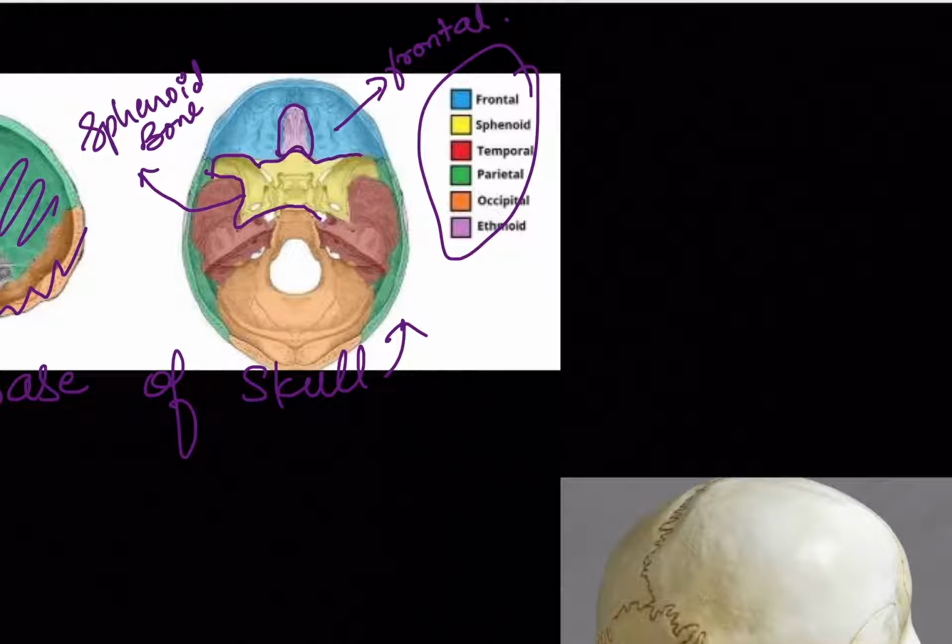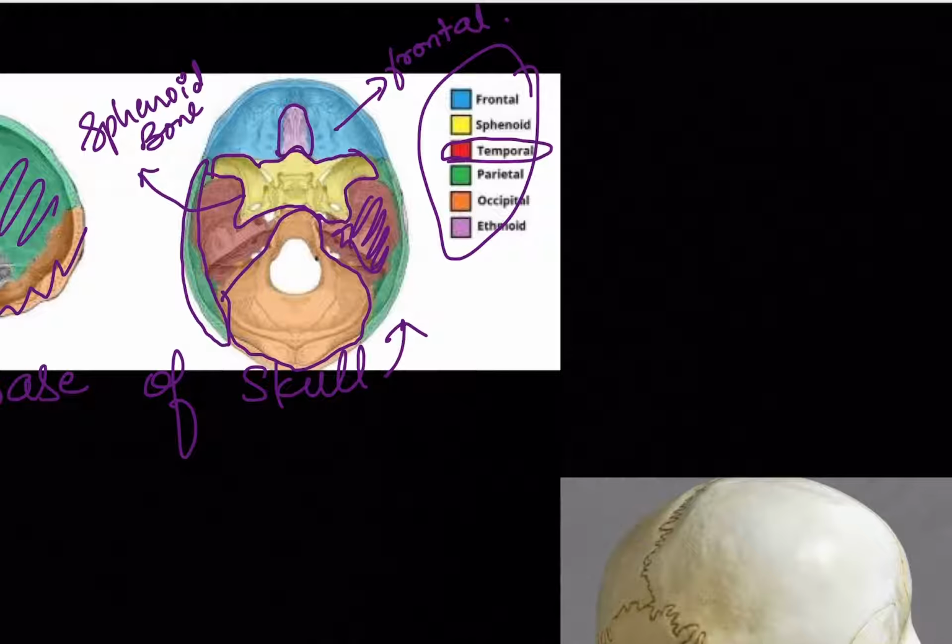Here, do you see this part? This red part, a brown color part. This is the temporal bone. They have given the shade of red color, but here they have given the shade of light brown color, but you can still understand it, right? And this green part is the parietal bone, and this cream color part is the occipital bone.